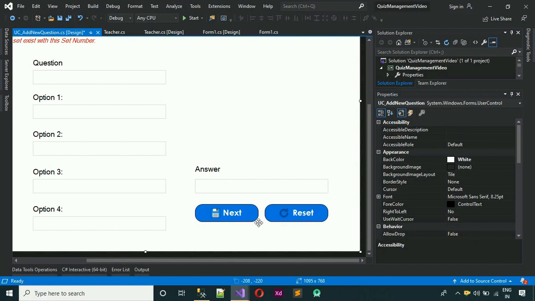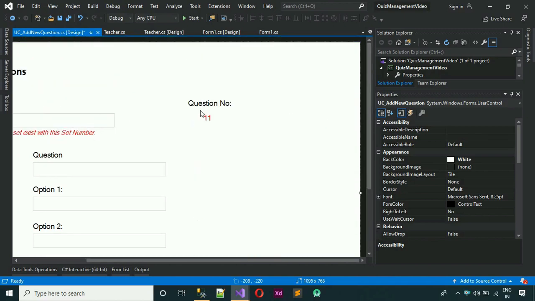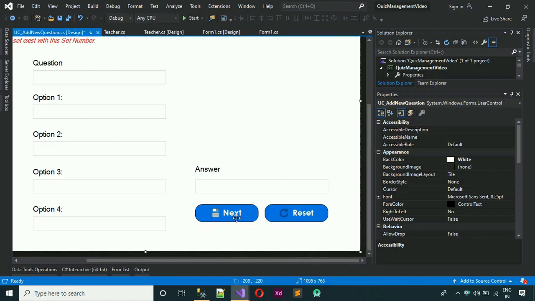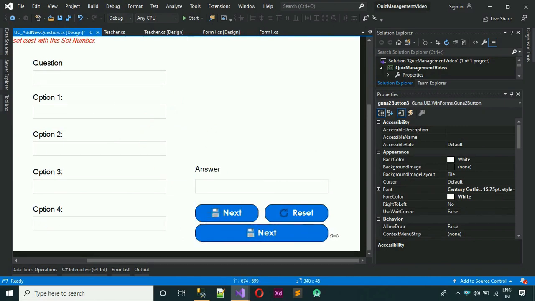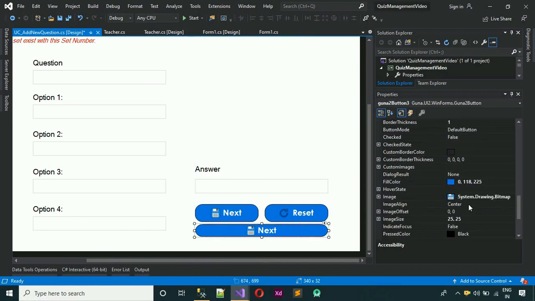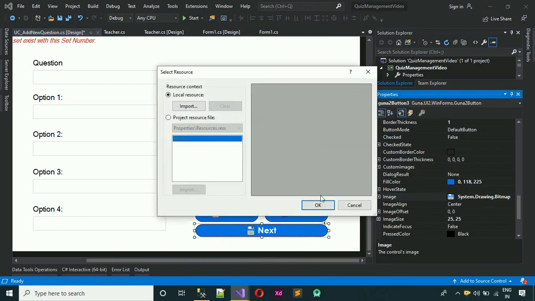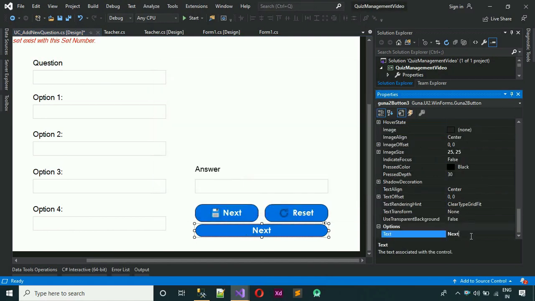Okay, so next thing, we need one more button, that will be the finish button. So when I click on this, the set will be changed, and the new set number will be updated over here in this box, and the question number is also reset according to that set, that will be the 1. Okay, so I need one more button, so I'm going to copy this and paste it over here like this, and just make this one large like this. And I don't want to set any image inside this one, so let me just remove this, clear, and hit OK. And I'm going to name this finish,